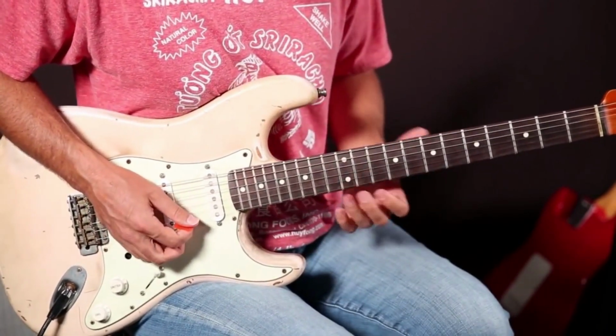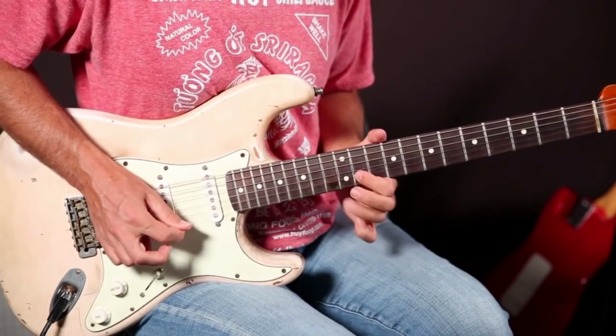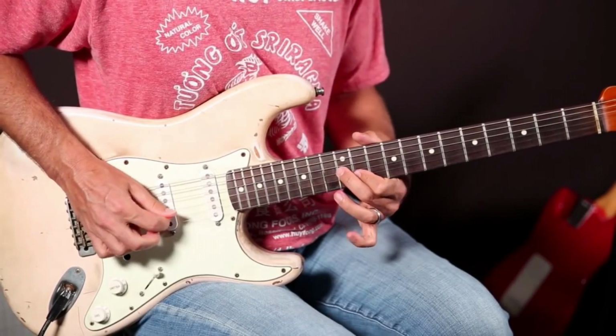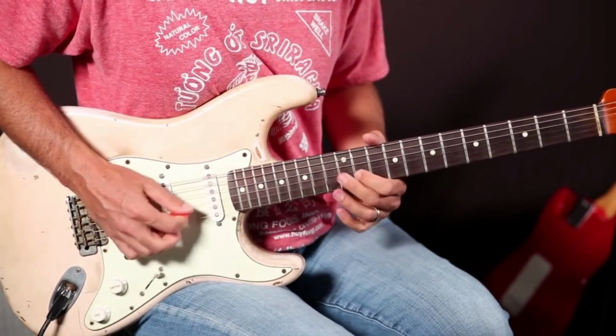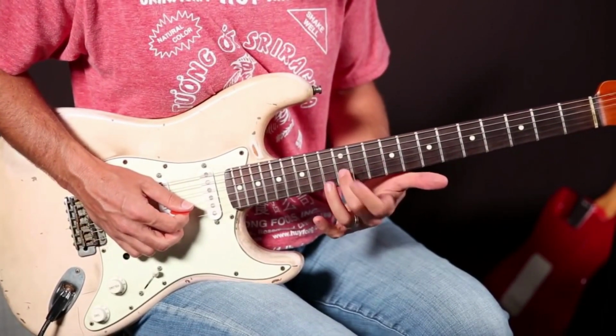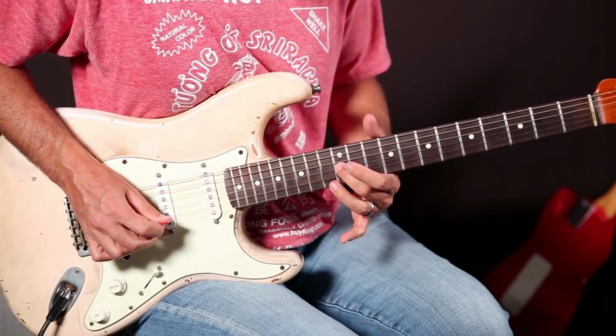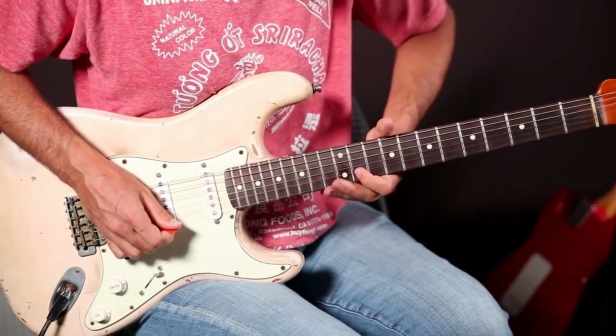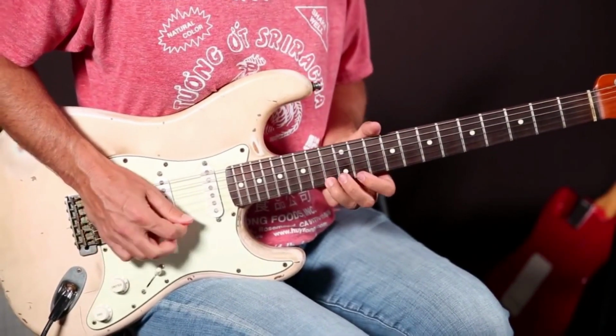Now, once I get to the B string, I'm going to go 13 to 11 on the B. And then I'm going to go back and forth and pedal off of this G note right here. So G, and then to the C note. And then we're going to go down to the 11th fret. So we got...